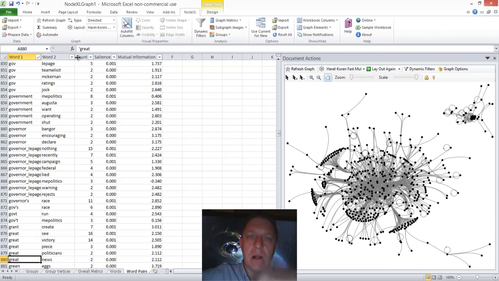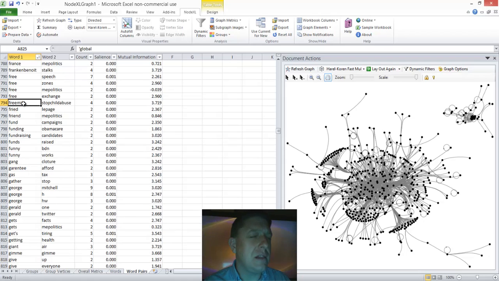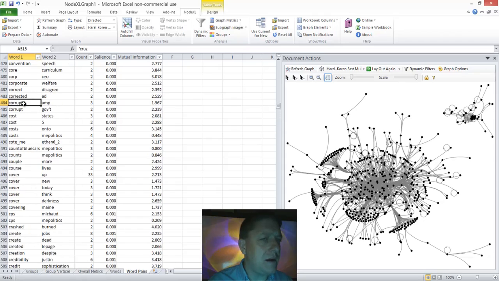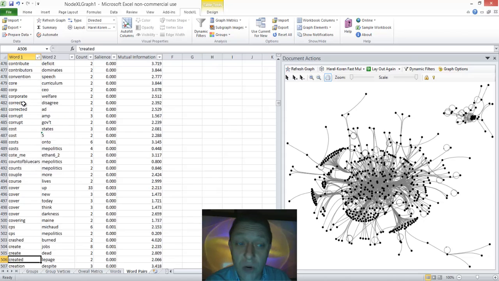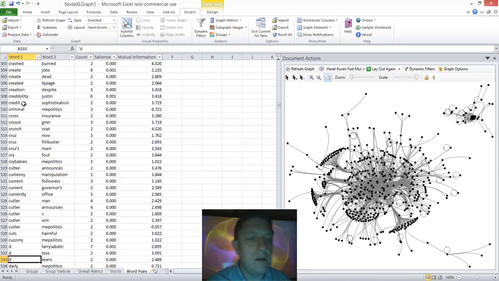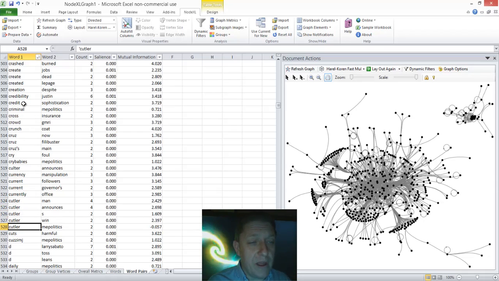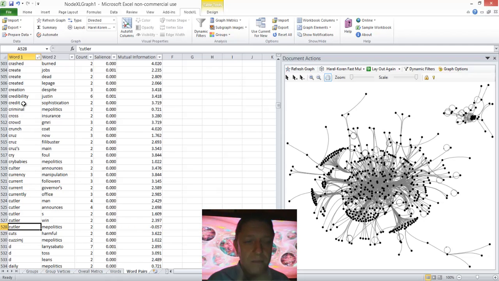Twitter about Maine politics. What do they connect Paul LePage with? There's somebody who's going to be running against him. He formally announced last week, I believe, Elliot Cutler. He ran for governor before. He's running again. Does he show up as often as LePage? No, but we do have Cutler man. Cutler announces. Cutler win. Okay, not as much. He's not showing up as much, but he has some mention in here.